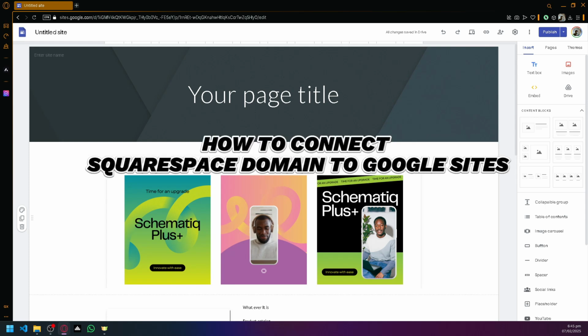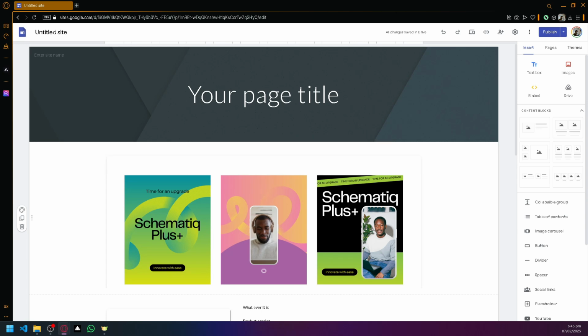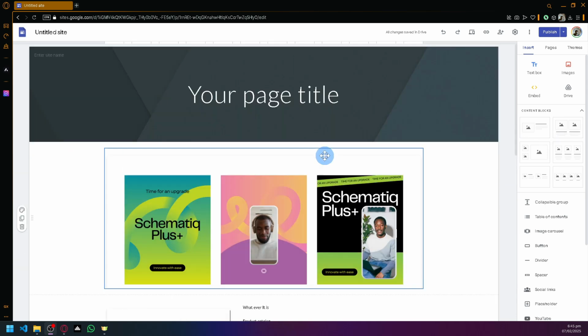How to connect Squarespace domain to Google Sites. So first things first, the thing that you need to have, of course, is your Squarespace domain. But assuming that you already have it, and then you have your Google Sites over here, what you're going to do next is